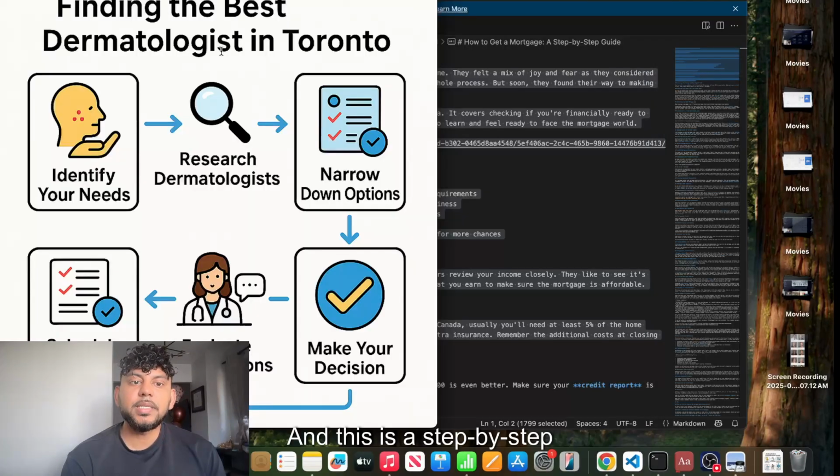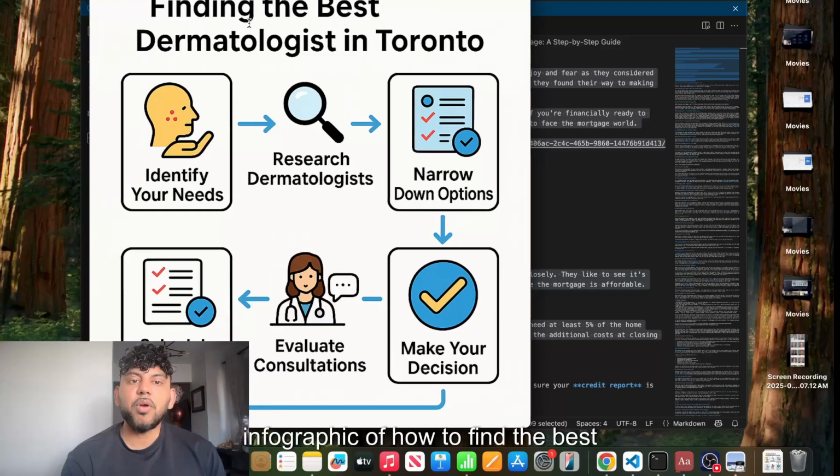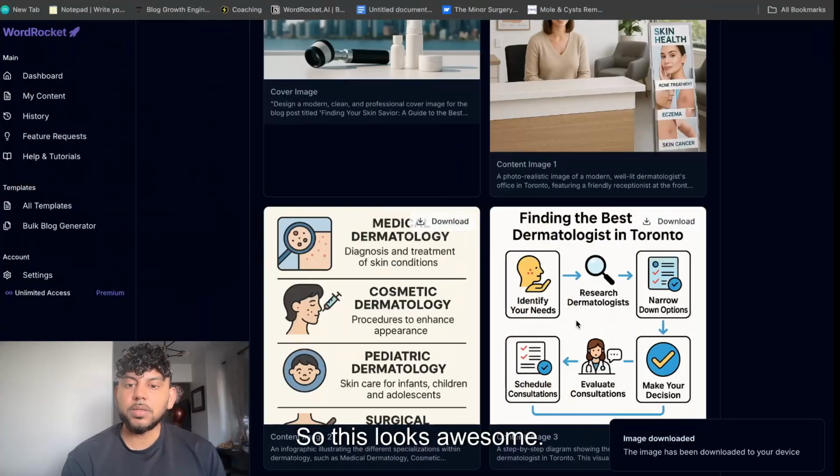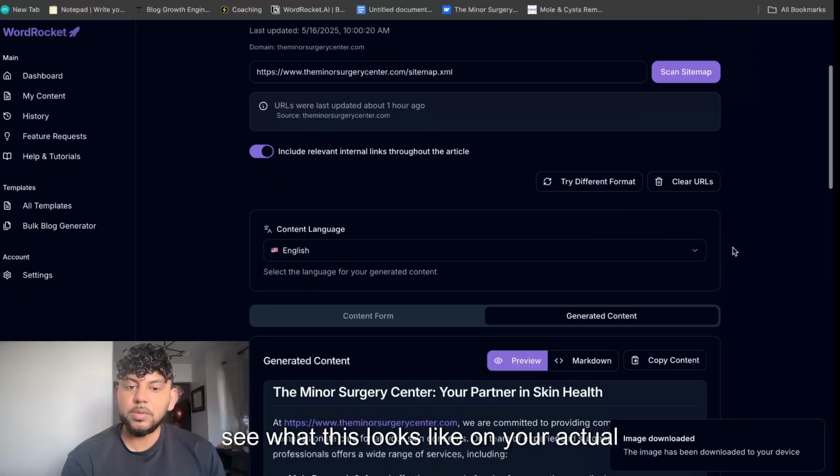And this is a step-by-step infographic of how to find the best dermatologist in Toronto. So: identify your needs, research dermatologists, narrow down your options, make your decision, evaluate, and schedule a consultation. So this looks awesome. Let's go ahead and put this all together to see what this would look like on